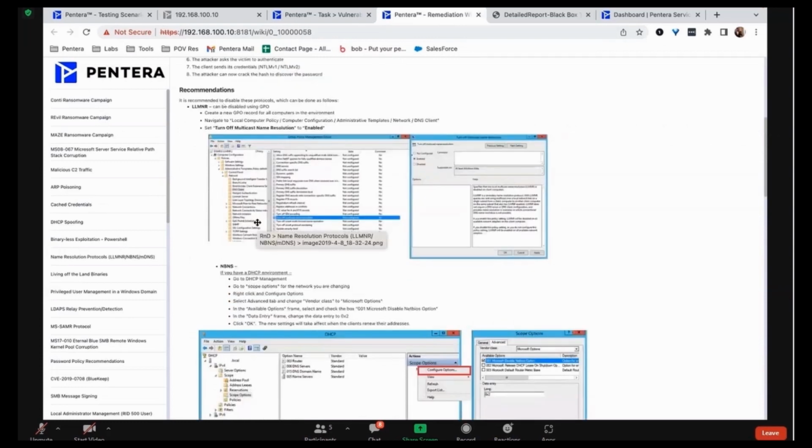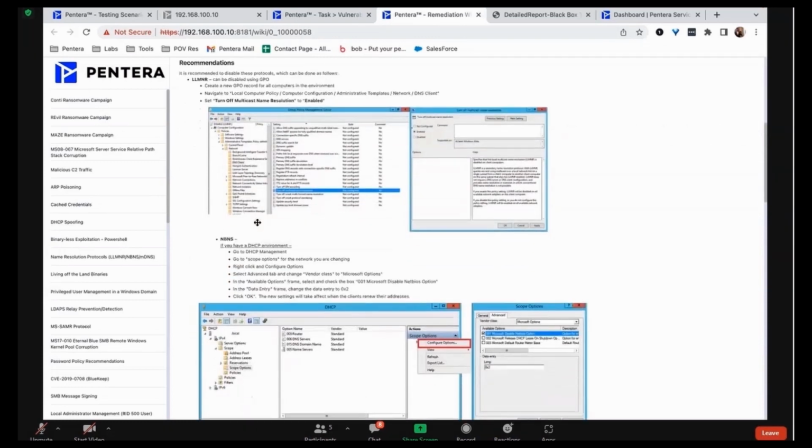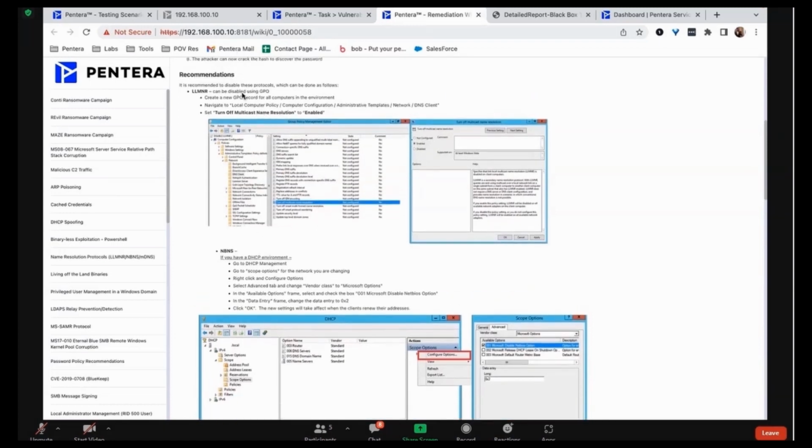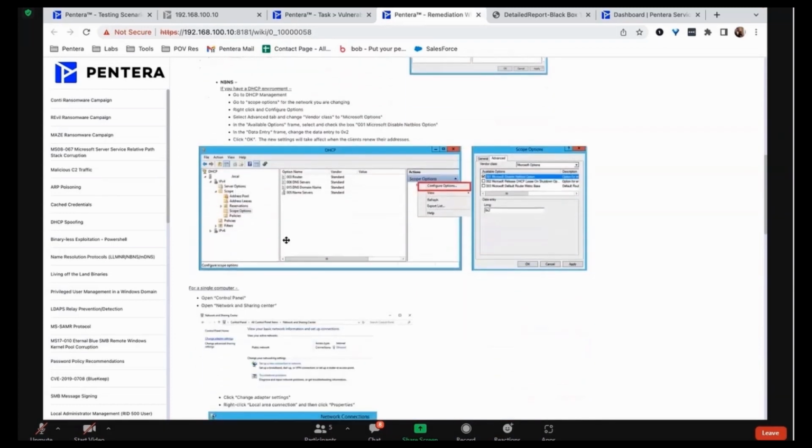So if you know how to do it already, awesome, right? If you don't know how to do it, in between your day-to-day operations, your projects, your jobs, dealing with other people in your environment, you've got to Google and try to figure out how to turn some of these things off. And we understand that. So that's where we're saying, hey, everything you need is right here. You can go through, it shows you step-by-step how to turn these settings off.